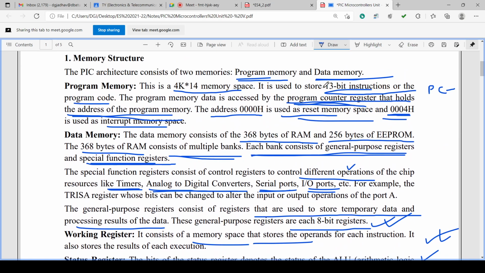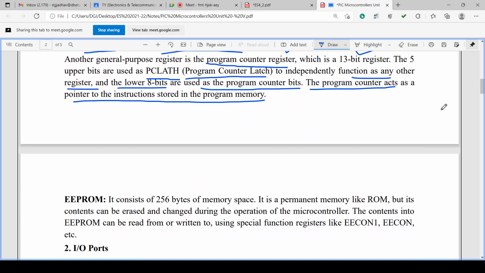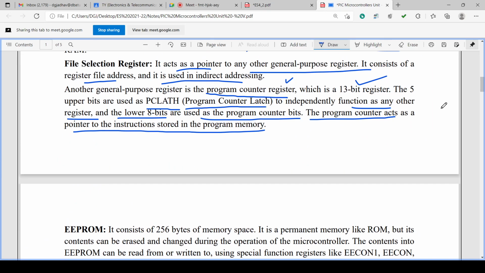We have discussed this here. The program counter register holds the address of the program memory. After resetting, it goes to 0000H, and if an interrupt is there, it goes to 0004H. Otherwise, it holds the current location of the memory of execution of the program. It is a 13-bit register.